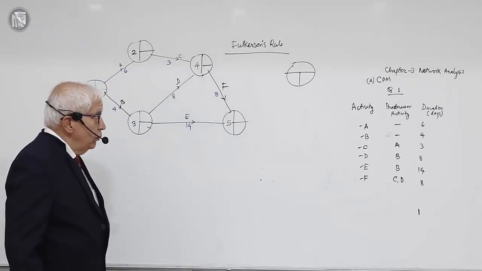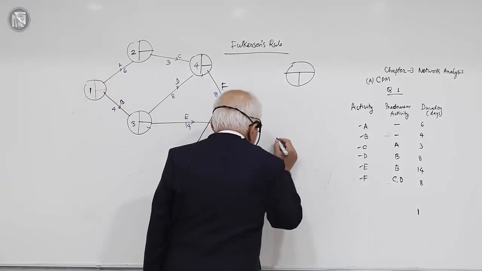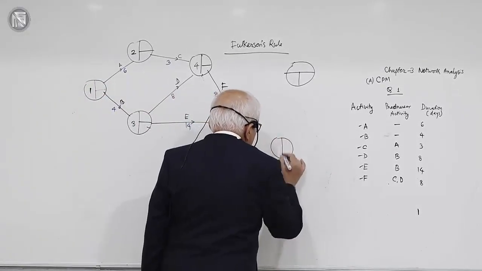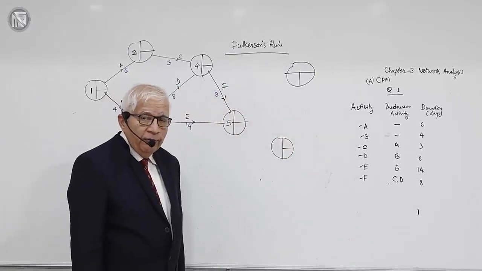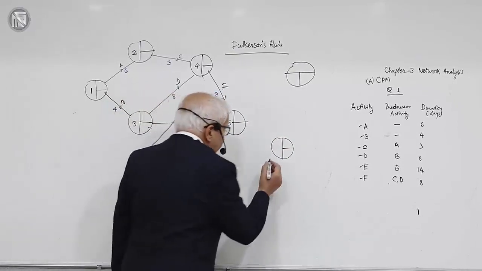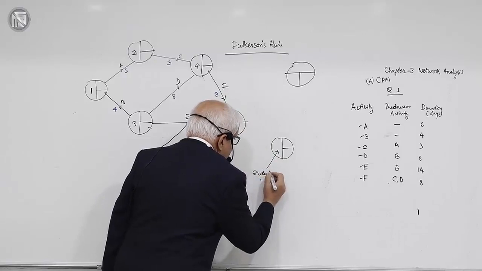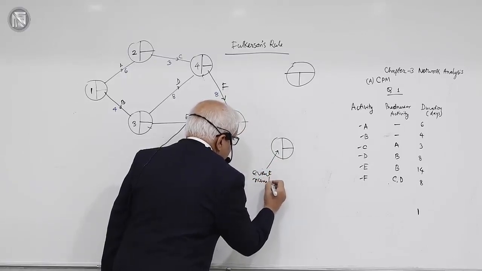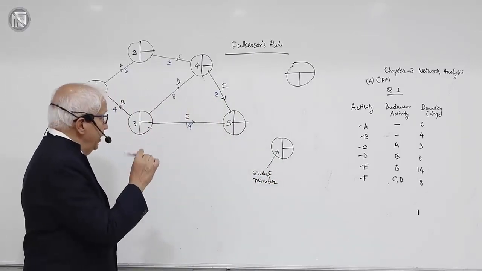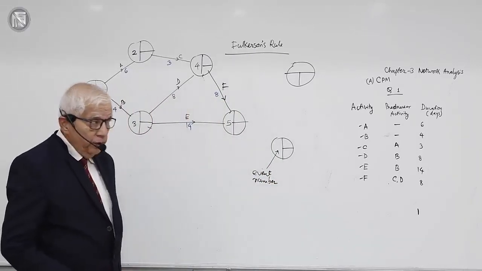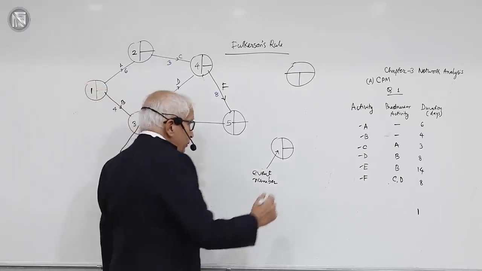Now see what we are going to write inside this circle. Let me explain. We have drawn the circles like this, and we have made three parts of the circle. One semicircle on the left hand side, where I am going to write the event number, which we have already written. As you can see, 1 to 5, we have already written the event numbers in this diagram. Next, there are two quarter circles. Here we are going to write